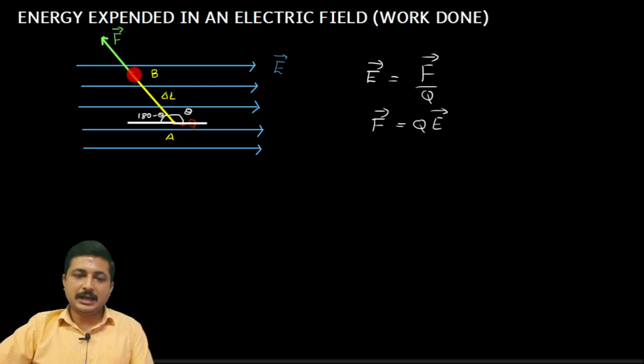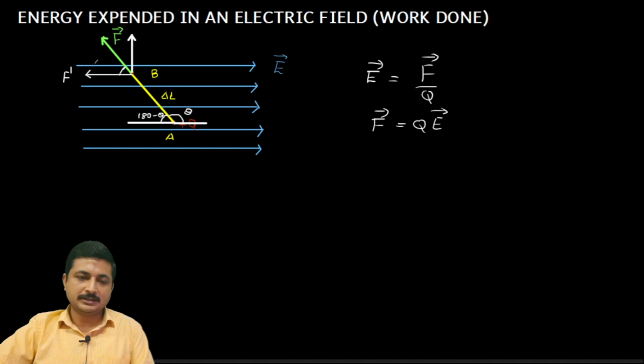So I consider that my path is inclined at an angle 180 minus theta with respect to the field, or theta with respect to the field, either one. Now as discussed, let me consider the force components, the vertical component and the horizontal component. This is my vertical component, this will be my horizontal component, and I am interested in the horizontal component as discussed. Let me name it F dash. I am giving this horizontal component the name F dash. Now you can see that this angle is 180 minus theta. So the angle made by my horizontal force component with the actual force also should be the same, right?